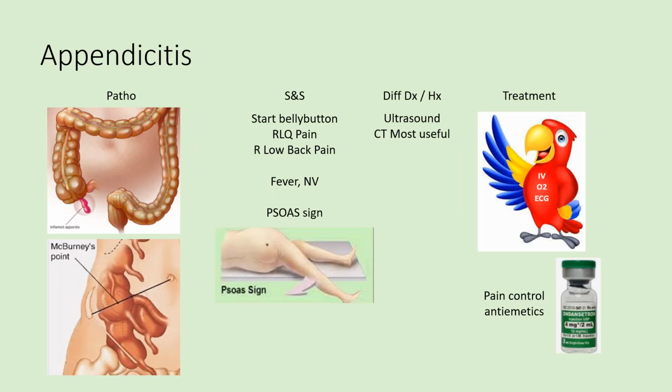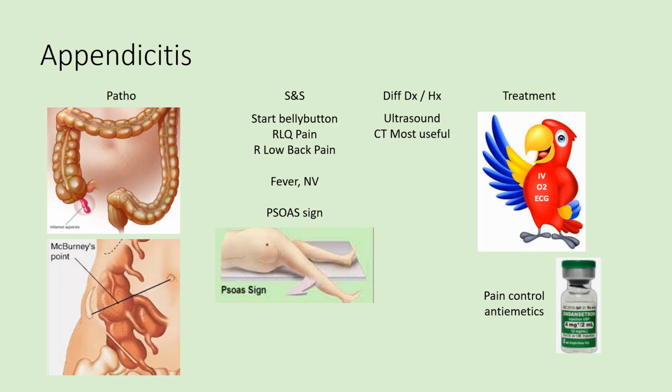Next is appendicitis. It's caused from infection or a buildup in fluid in the appendix. The appendix could rupture and spill toxins into the peritoneal cavity, or the belly, causing peritonitis. So McBurney's point is where your appendix is at. If you draw a line from your belly button to the right iliac crest, 1/3 from that iliac crest is McBurney's point. Some signs and symptoms you're going to have is right lower quadrant pain, fever, nausea, vomiting, and the